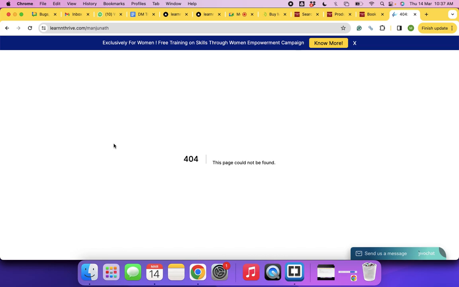So if I am typing learnandthrive.com slash one of your names, and if such a file exists on the server, it shows a status code 200. Even it has got a language, instead of yes, no, it uses numbers to communicate about the availability and non-availability of the information on the server.